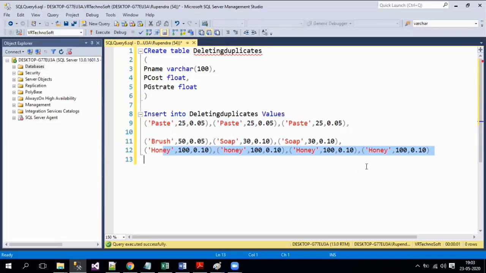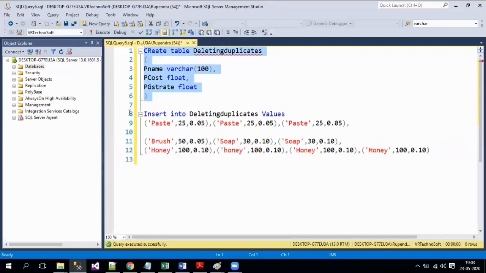Just for understanding purposes, I'll explain verbally how we do it with a CTE. In a CTE, we go for row number or dense rank, whichever it is, assign the row numbers, and then on top of it, we write a delete condition. Now, what are the other ways we can do this deletion? One is by using a subquery, and the other is by using an inner join condition. So let's create this table first,